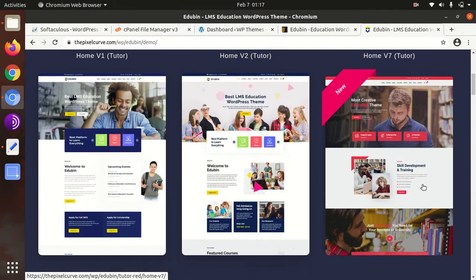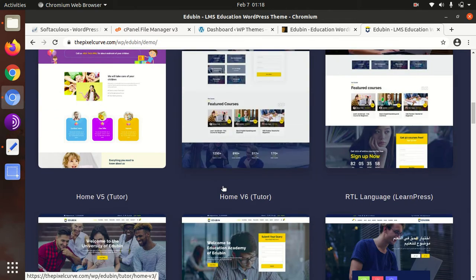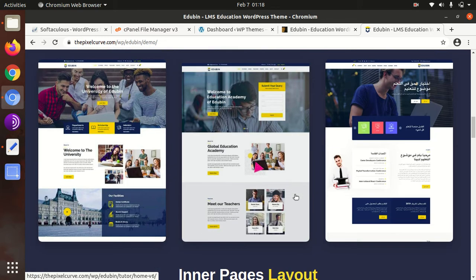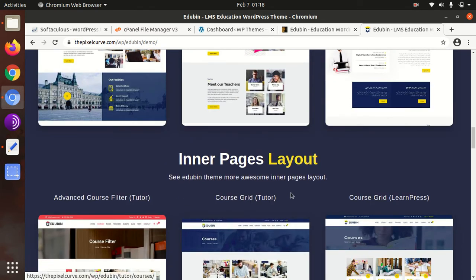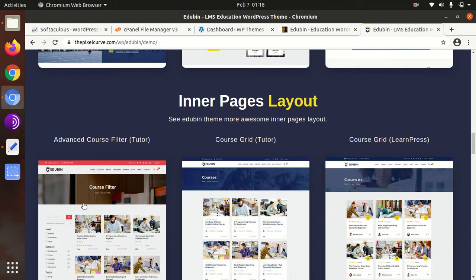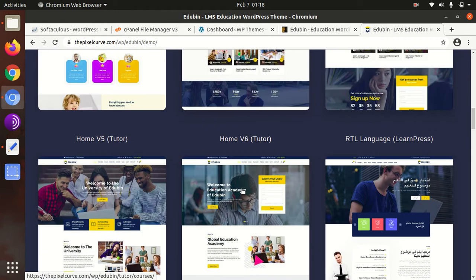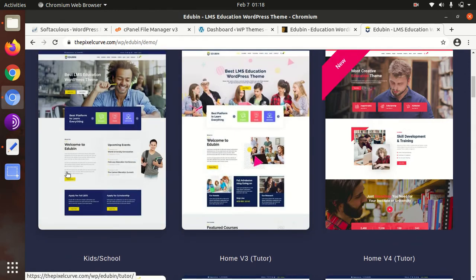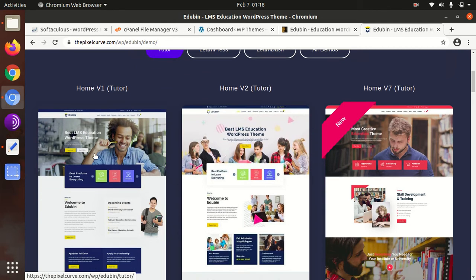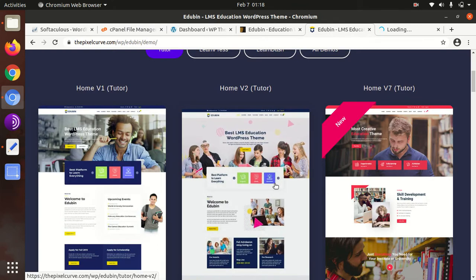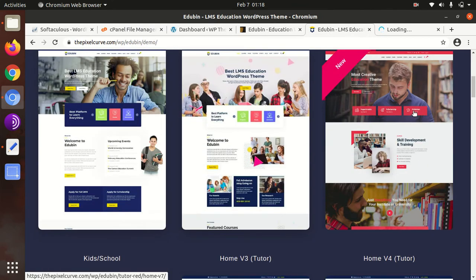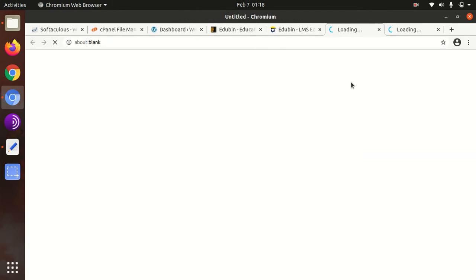These are the demo websites, and you can choose any for your purpose as per your requirement and need. All demo websites have been designed very aesthetically, with a very clean and interactive look. I am showing you the main demo of this EduBin theme. I will also give the link of these demos in the description of this video, and I am just randomly showing you 2 of the demos.